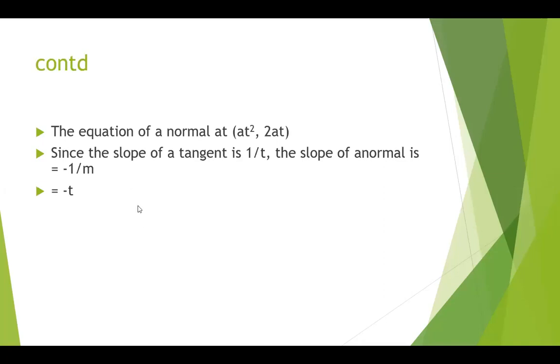Okay. Similarly, the equation of normal. For tangent, you have told the slope is m, means m1 m2 is minus 1. That should be the slope of normal. So minus 1 by m becomes the slope of normal. Point of contact is same. Whenever we have a tangent like this, normal is drawn to that tangent perpendicular at that point only. So the point of contact for tangent is same for normal also.